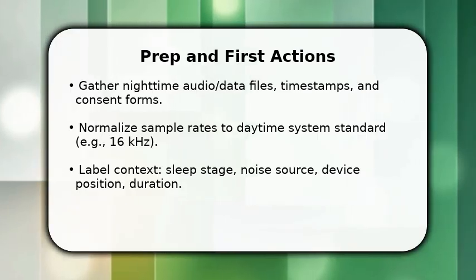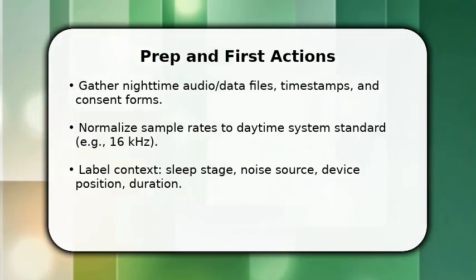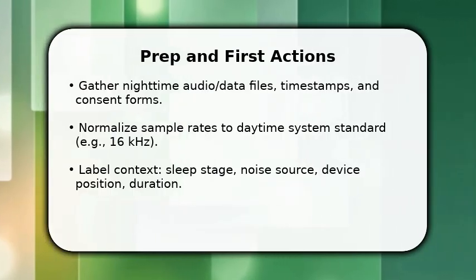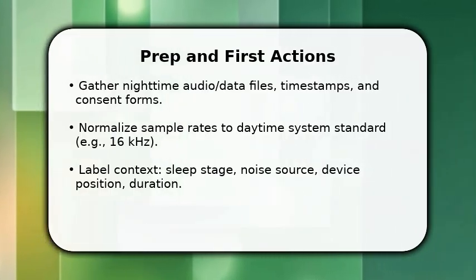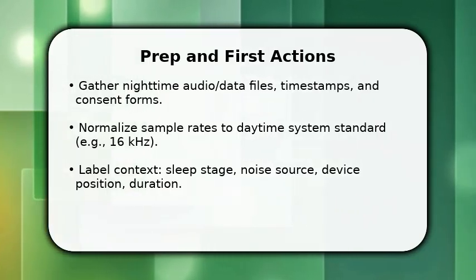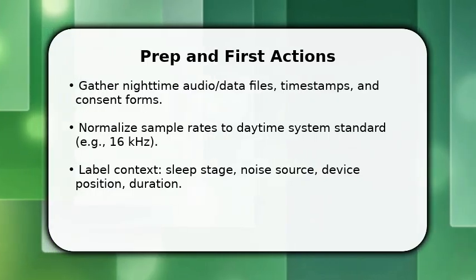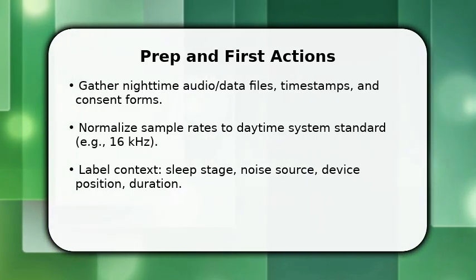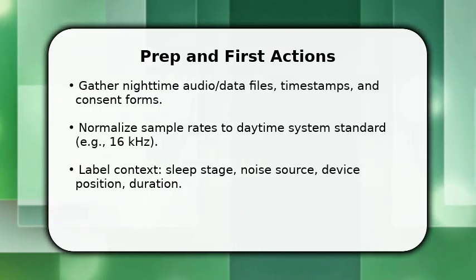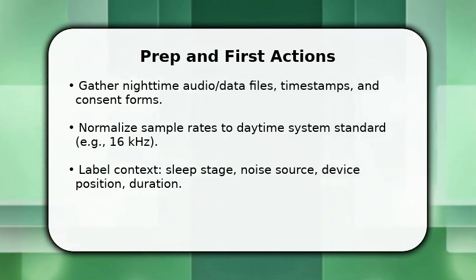You start by immediately aligning nighttime data to your daytime SLT pipeline. Convert files to the same sample rate and channel layout. This prevents processing mismatches. Once done, add structured labels for context like device position and noise source so you can filter later. You also confirm consent and privacy flags before proceeding, because ethical use matters. These first actions let you move fast into feature extraction, without rework, and ensure your daytime models receive consistent, trustworthy